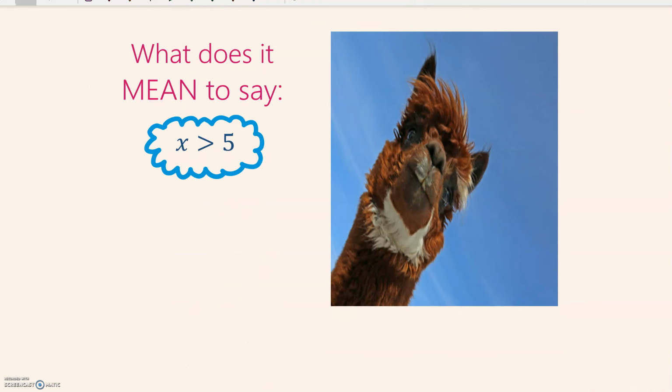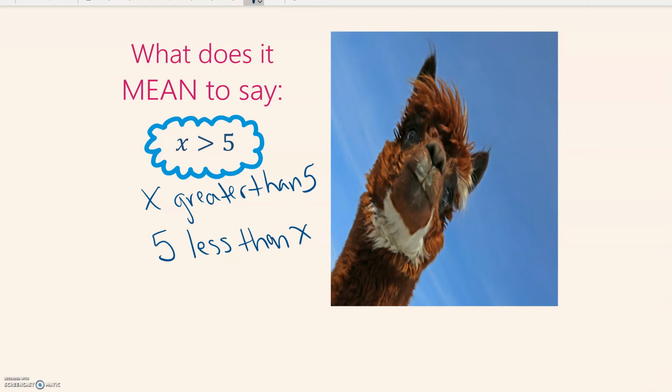What does it mean to say what is written here? We're used to reading it from left to right, and we can say that x is greater than 5. The best thing about inequalities is that you can also read it from right to left. So that would say that 5 is less than x. Again, you can read it left to right. x is greater than 5, or we can read it right to left and say that 5 is less than